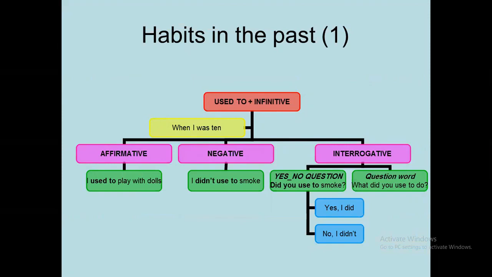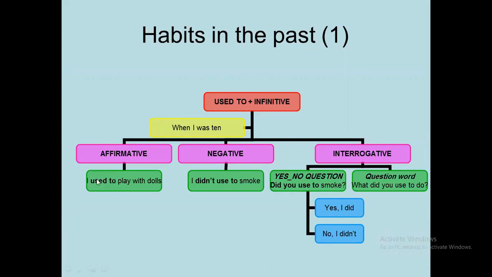Okay, let's have a look at this sentence. When I was 10. So when I was 10 is like an indicator for the past. When I was 10, what happened when I was 10? I used to play with dolls. So when you were young, you used to play with dolls. So when I was 10, I used to play with dolls. So used to here